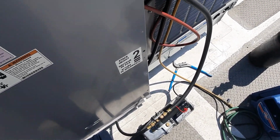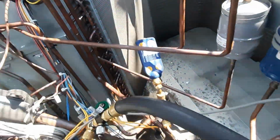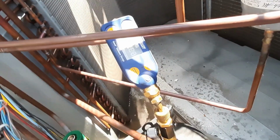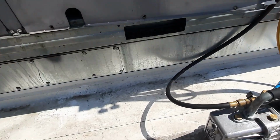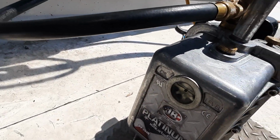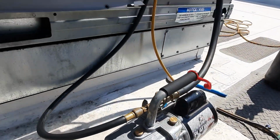So I'm guessing a good vacuum has never pulled any of the repairs. Hit 11. I can't see this is there. We hit 1100 microns. So oil still looks pretty clear. I'm not seeing any bubbles pull in, so we're gonna let it pull for a little longer,